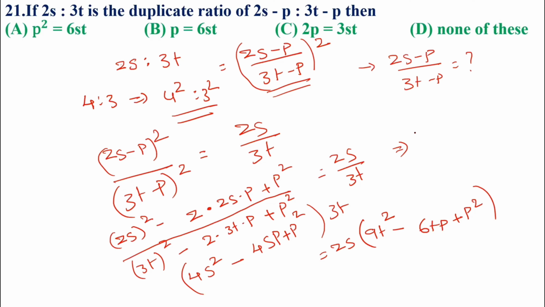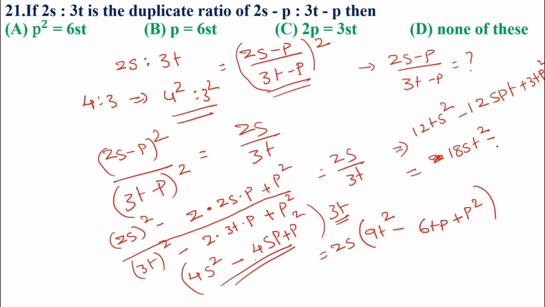So this will become 12 s square t minus, I am multiplying 3t with each and every element. Then this will be 12 spt plus 3tp square, 2 into 9, 18 st square